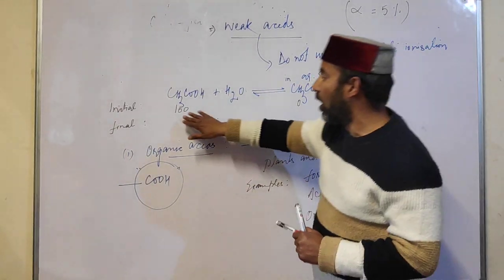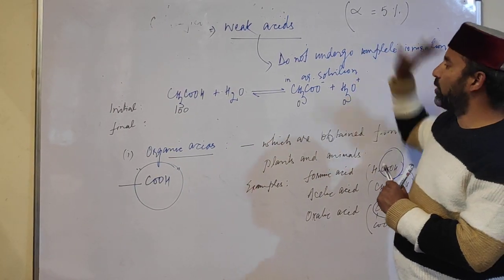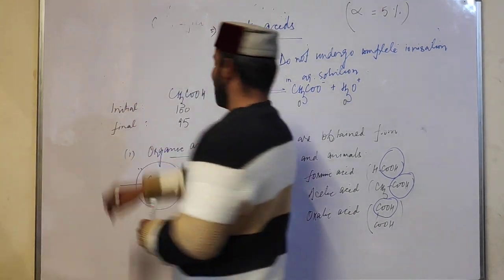So since I have taken 100 molecules, only 5 molecules undergo ionization, means 95 acetic acid molecules remain